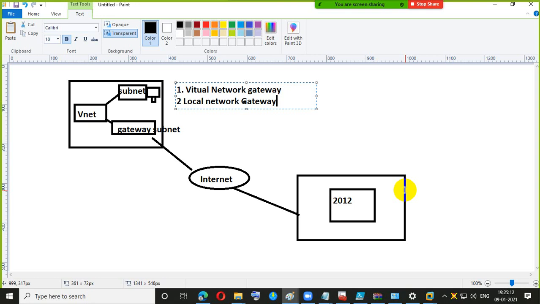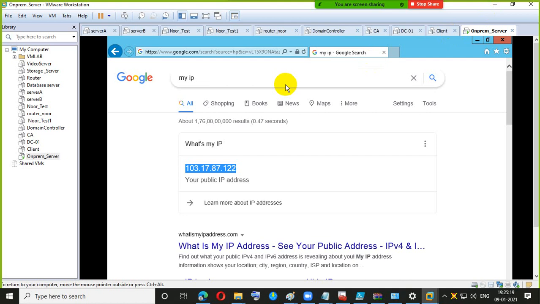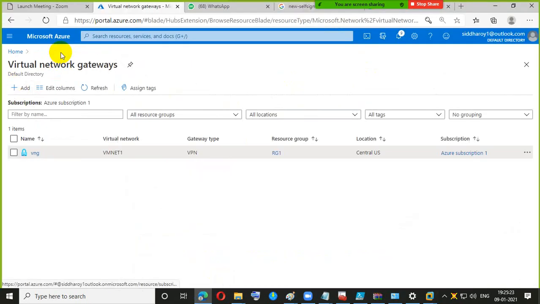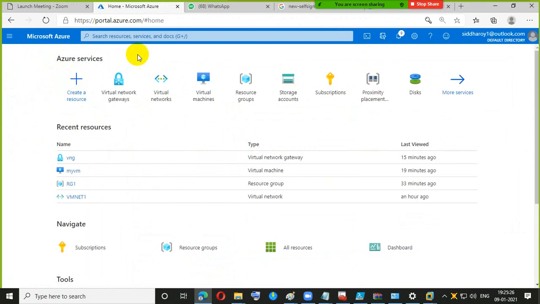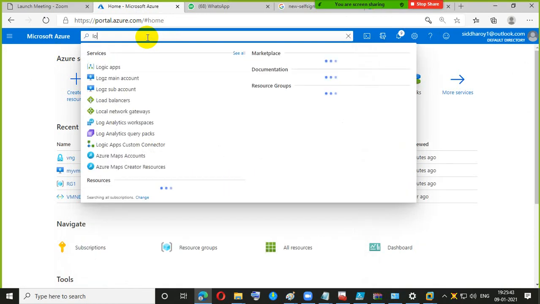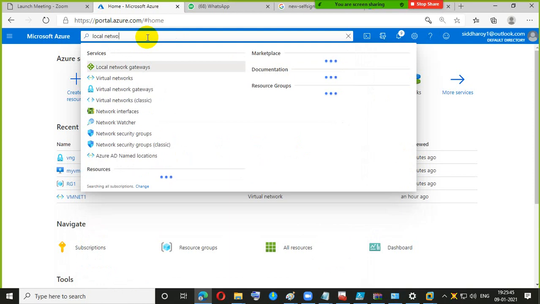So in that case I have to go to the local networks. Because every day they are changing that option, it's very difficult to perform this part. So, local network gateway.